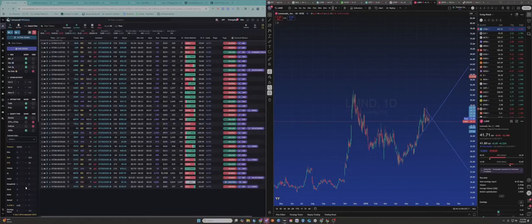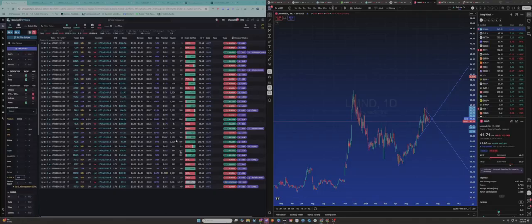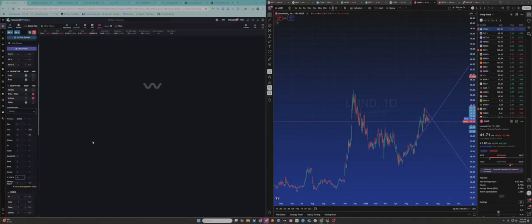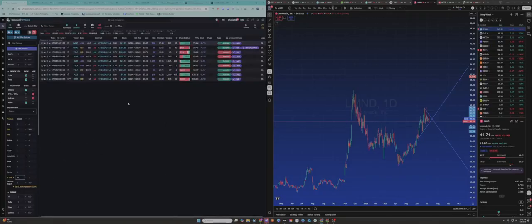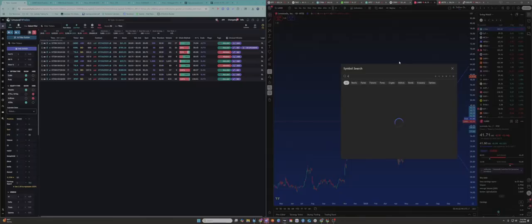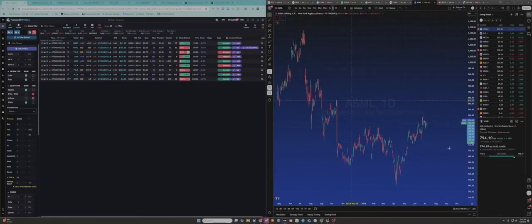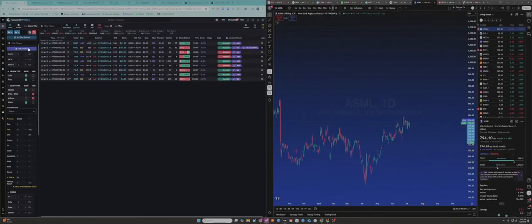If we want to make it a little bit more broad brush, or dial it in even further, we'll dial it in a little bit more. Go to 10% out of the money only. So someone's selling ASML puts, they might be expecting a move up, and this is just a cheap way of capturing it. Nothing too crazy.